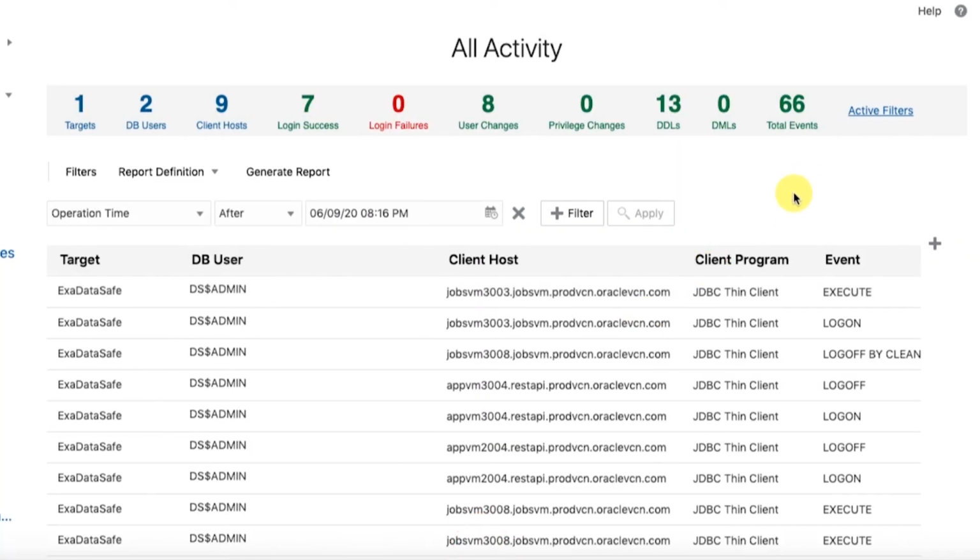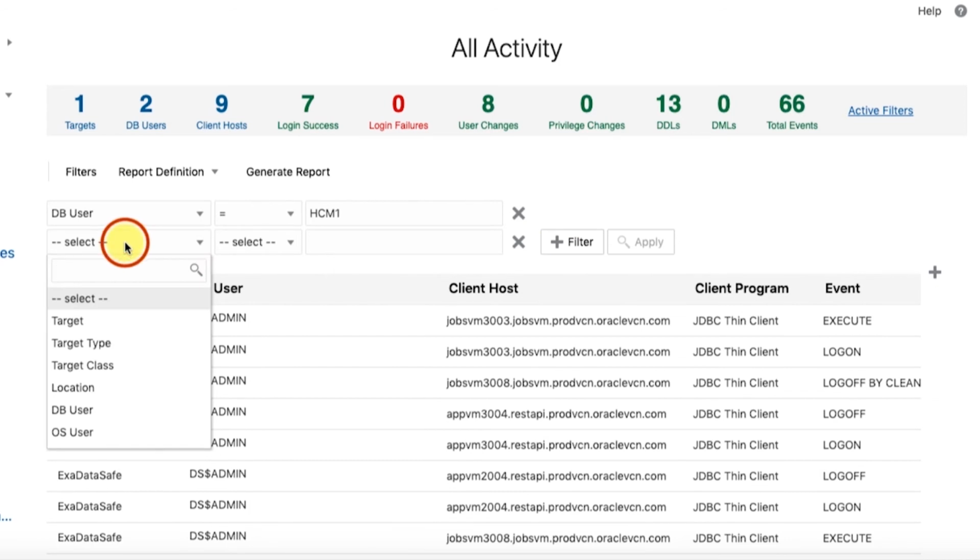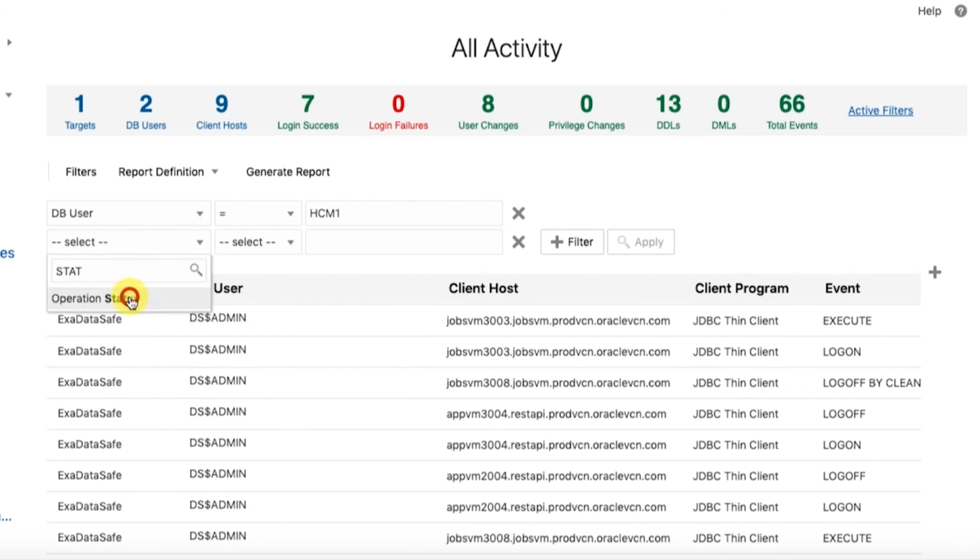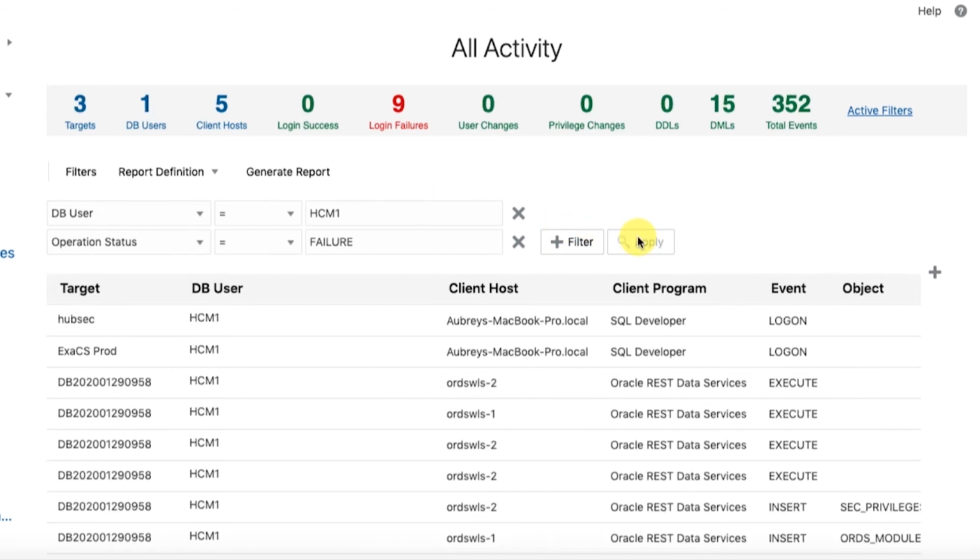We're going to go ahead and remove any existing filters by clicking the X button next to the filters. Then, we'll click the Add Filter button to create a filter. The first filter we'll configure is DBUser equals HCM1. The second filter will be Operation Status set to Failure. We want to see any failures by DBUser HCM1 and the associated actions taken. We'll click Apply to apply our filters,